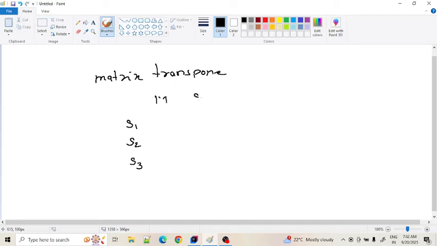Yeah, hi everyone. So today we are going to solve one of the very famous and interesting problem statements, that is matrix transpose. So let's say you have three students, student 1, student 2, student 3, and we have three subjects: maths, science